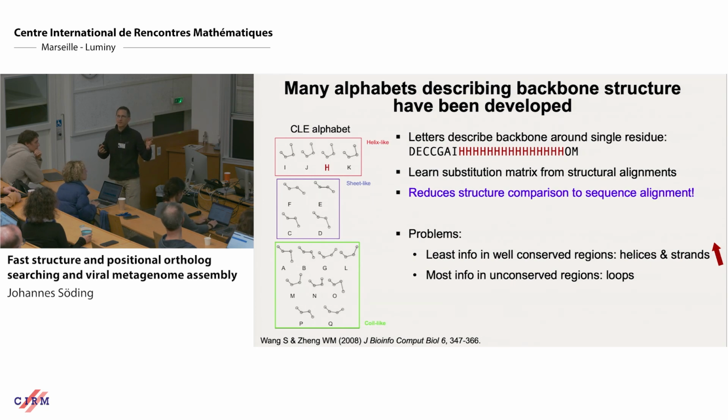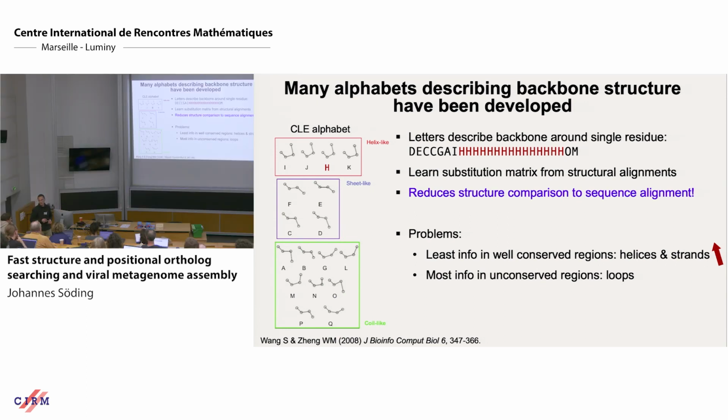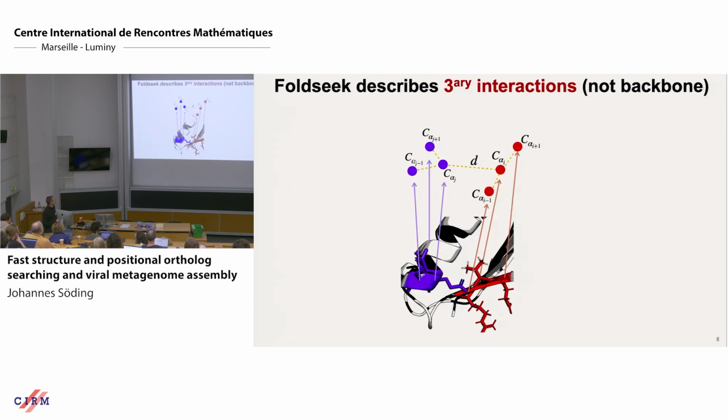You can then take many structural alignments, do statistics, and extract a substitution matrix like the BLOSUM50 or PAM matrices, and then you can use standard BLAST or MMseqs2 to do your structural searches in sequence space. As said, we had the feeling that this can be done much better, and of course one thing that in hindsight looks rather obvious is that what is much better conserved than